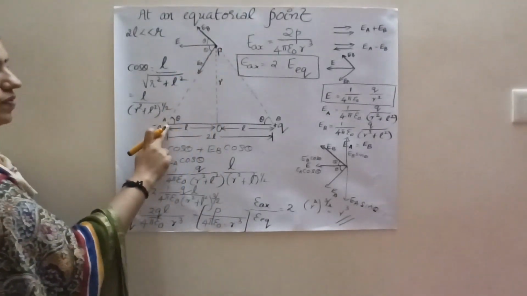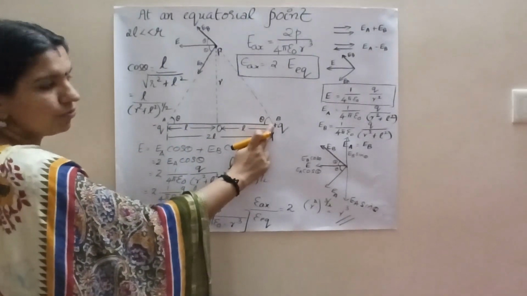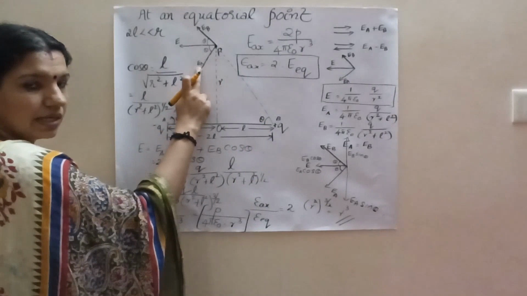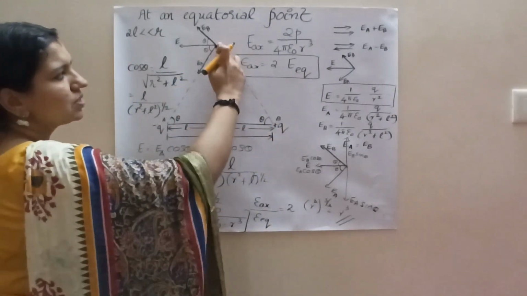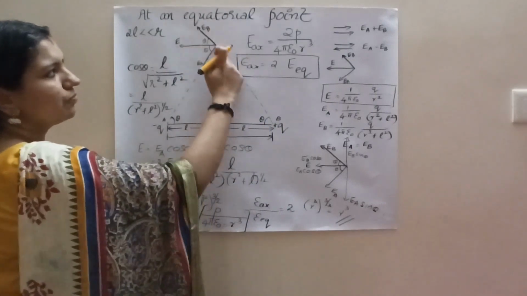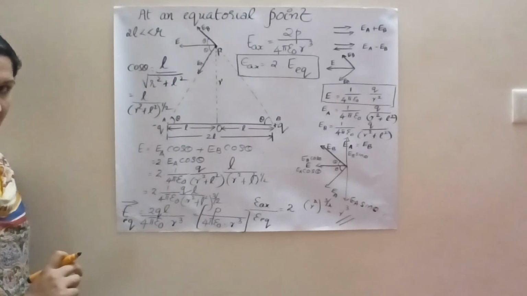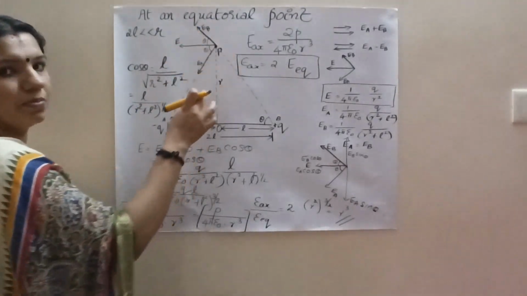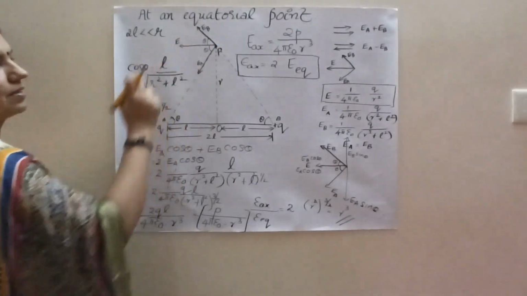So this minus Q will experience an attractive force and plus Q will experience a repulsive force. Since it is an attractive force, the direction of force is the same as that of the electric field. So EA is along this direction. And since it is repulsive, the electric field is along the direction of the repulsive force, EB. Since this comes like this, the final resultant is the diagonal, isn't it? So this is the final electric field intensity.